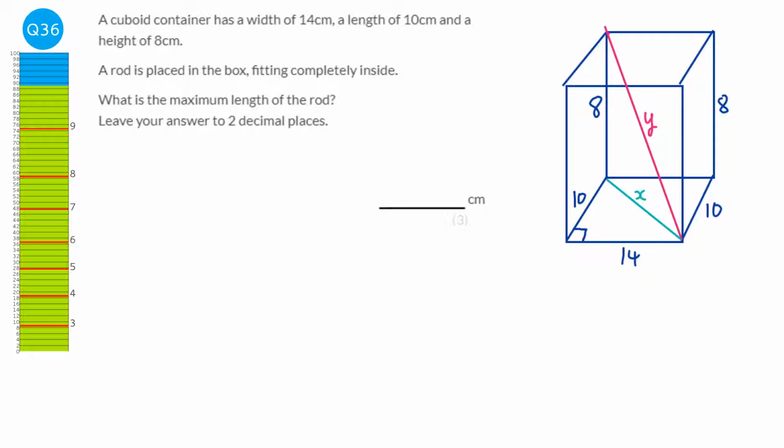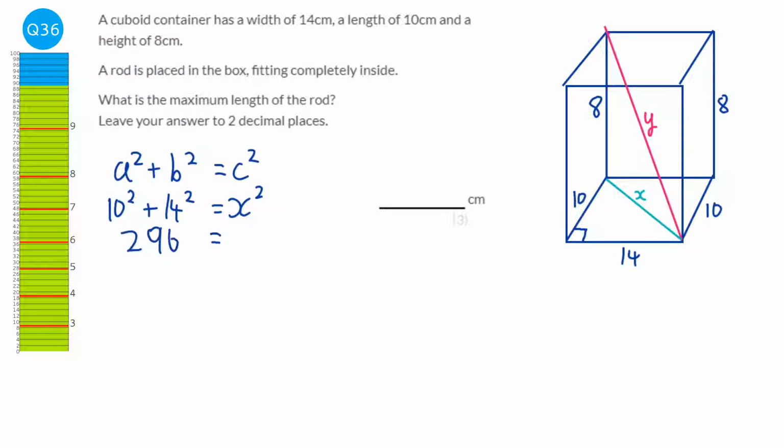So we know that we're going to be using Pythagoras, because we've got 2 lengths and we're looking for a third length. So it's a squared plus b squared equals c squared. So it would be 10 squared plus 14 squared equals c squared, and it's actually not c, we've called it x, so why don't I stay consistent, equals x squared. So I'm going to do 100 plus 196, which would be 296, equals x squared. And get our lines in. Should be quite easy because we just need to square root both sides. So I'm just going to square root that,